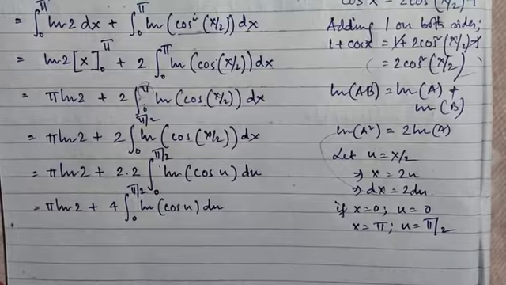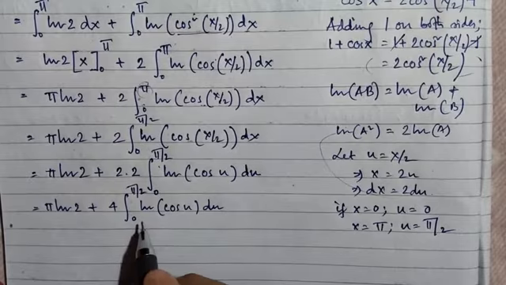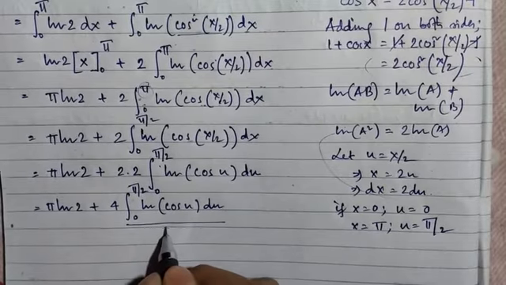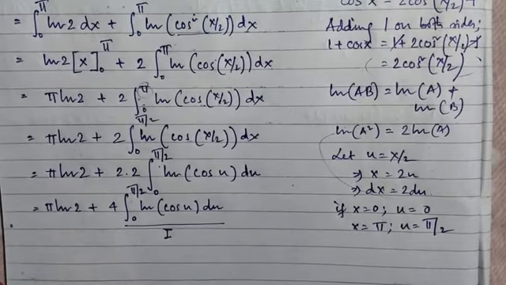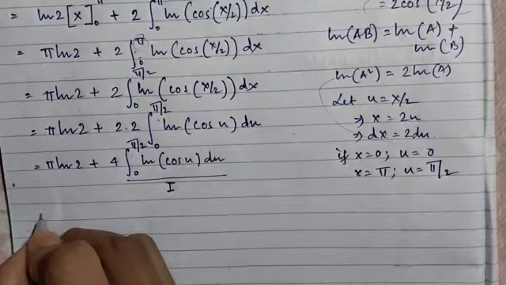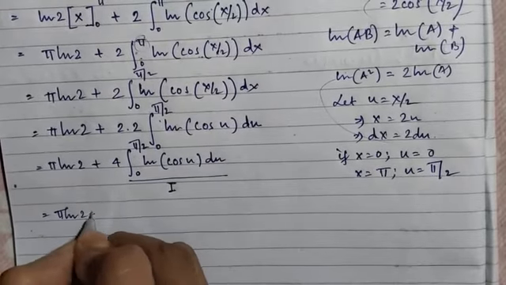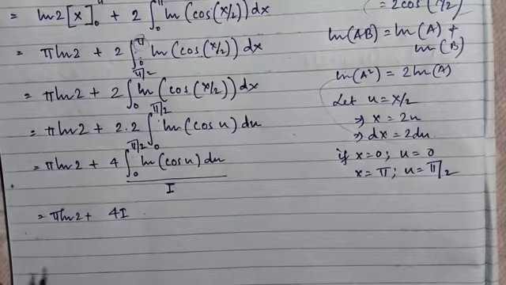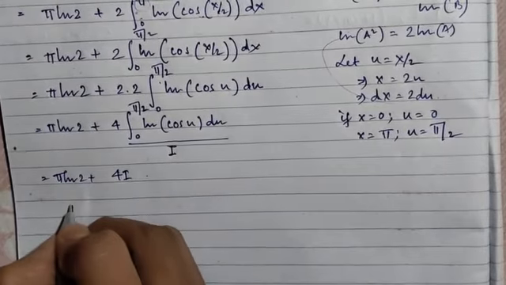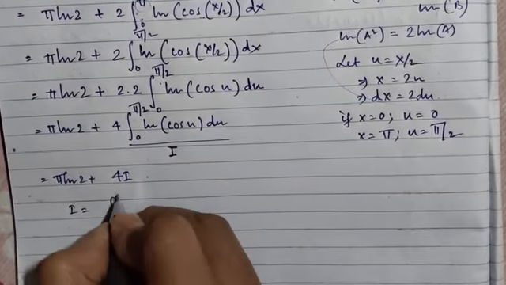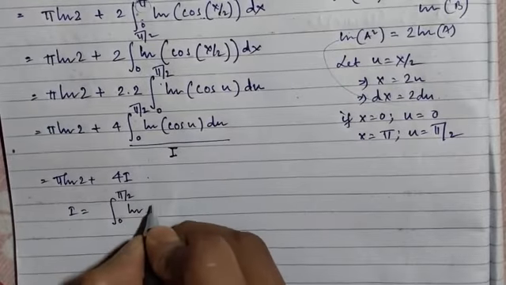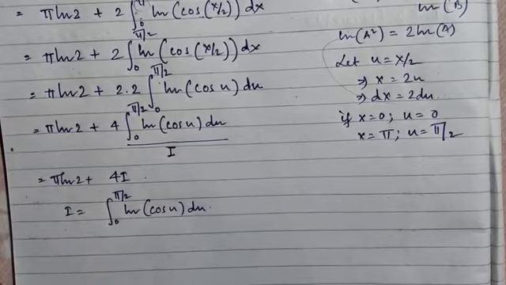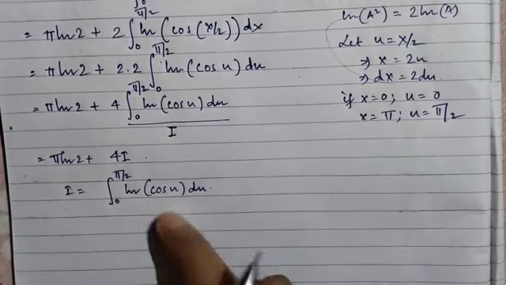Okay, now we have to solve this part. Let's solve for this. Let's consider this as some variable like I. So this becomes pi ln 2 plus 4I. Now solve for this I. So we have I equals 0 to pi by 2 ln cos u du. Okay, so now what we have to do is,